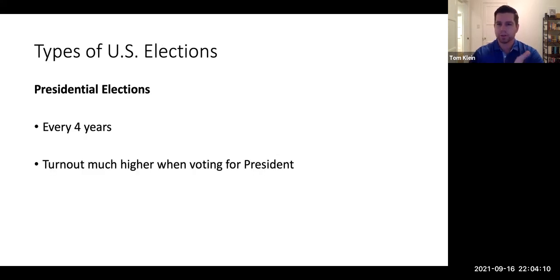Okay, so let's talk about two different types of elections we have in this country. Starting with presidential elections, pretty obvious, that's when we elect the president. It's every 4 years. Presidents serve 4-year terms. They can serve up to 2 terms. What we know when we talk about presidential elections versus midterm elections is that voter turnout tends to be higher in presidential elections. People show up when they're voting for the president. Why is that? Perhaps because they think it's more important, perhaps because it's an individual, you can kind of put a face behind the name. But for whatever reason, presidential election voter turnout tends to be higher.